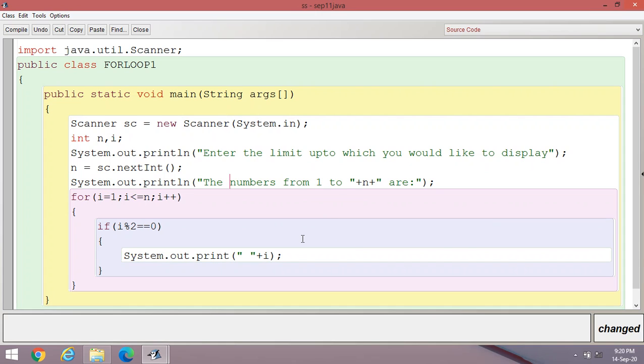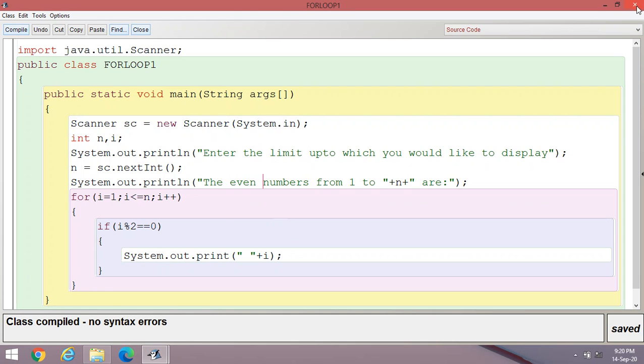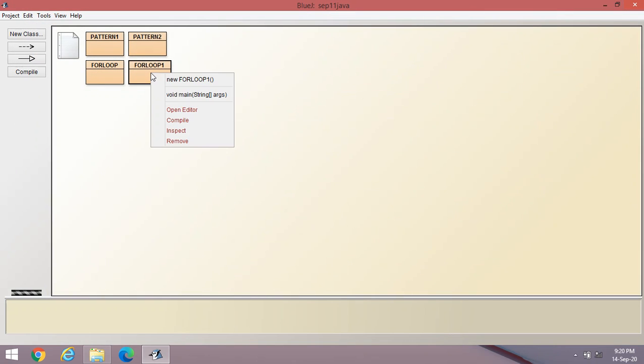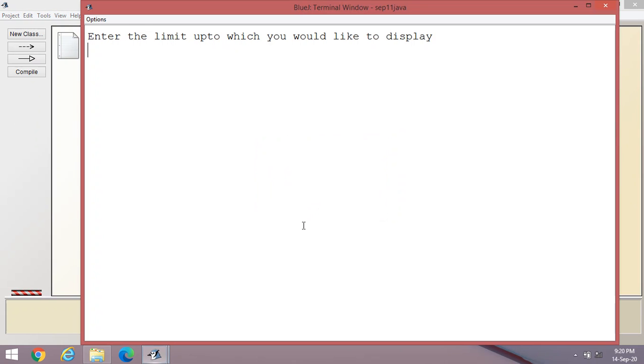Here you can write the even numbers from 1 to n are. Now compile and execute. Suppose I enter 20 here. You can display only the even numbers from 1 to 20.